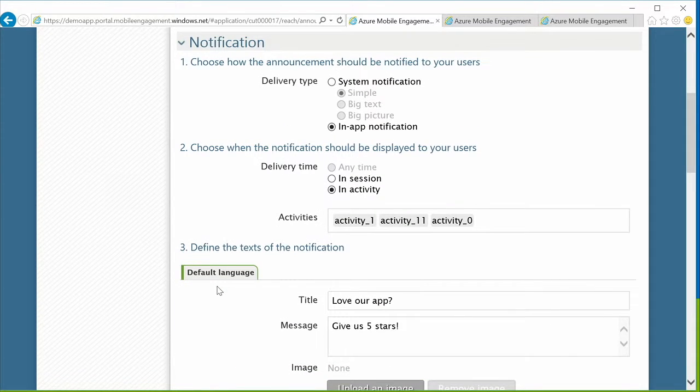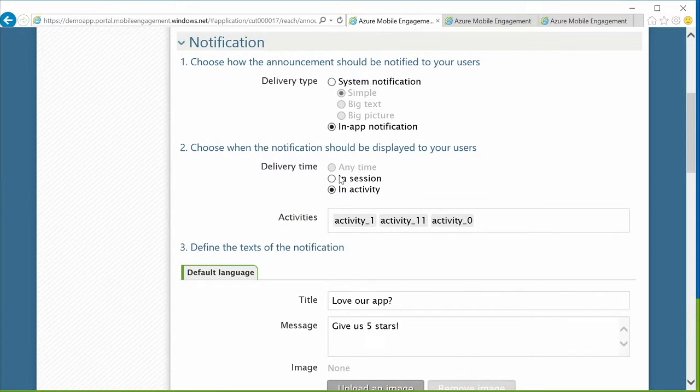But it's important to make sure that you target a moment where you won't annoy the user. So definitely never send a notification or an in-app message when the user is in the middle of purchasing something, or in the middle of a video, or reading an article. That's the best way to get your users annoyed. But if they're in a part of an application where it's not too critical and you're not interrupting an action, that's great. And with mobile engagement, you can definitely do that.